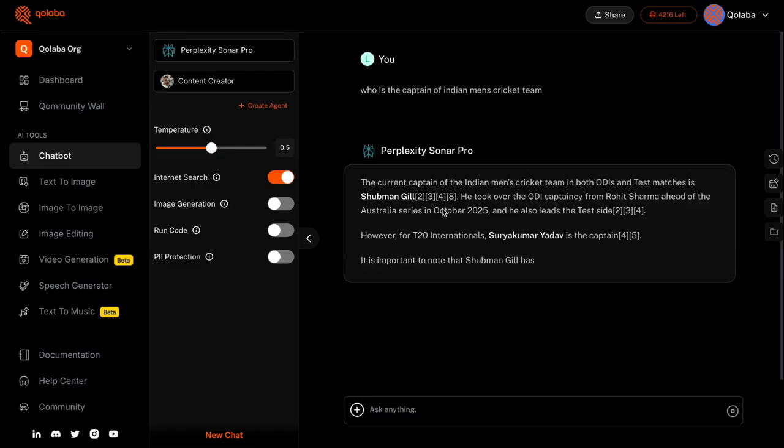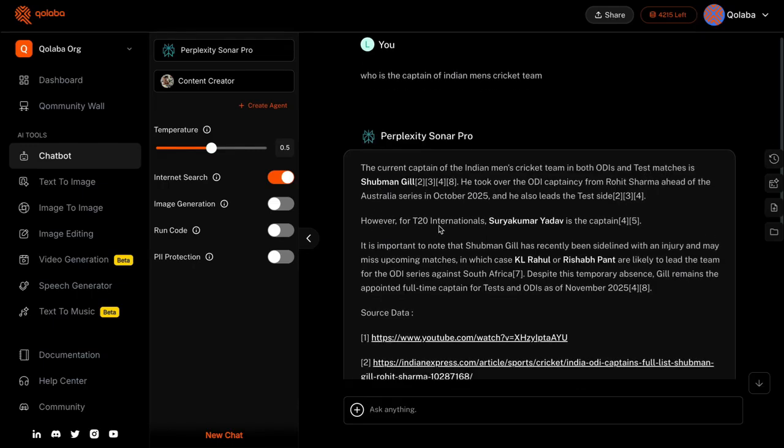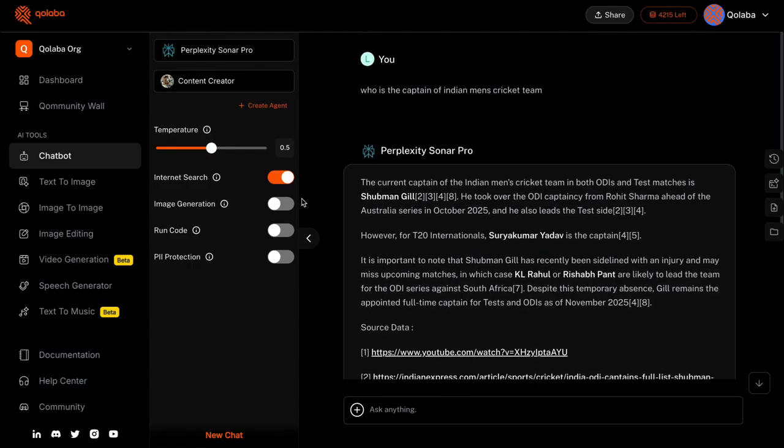So it is replying to me via the internet. The current captain of Indian men's cricket team in both ODIs and Test matches is Shubman Gill. However, for T20 International, it was Surya Kumar Yadav. So the internet search feature is also working. If you want to get your responses from the internet, you can enable the internet search feature in the